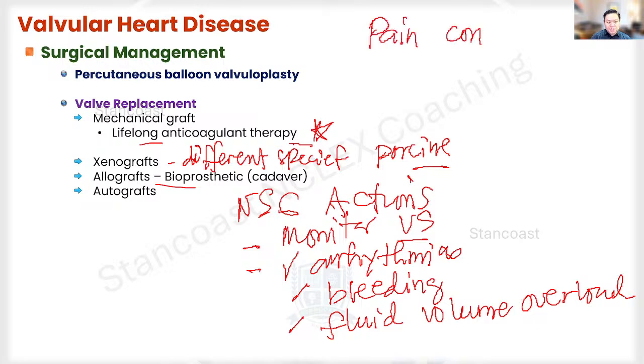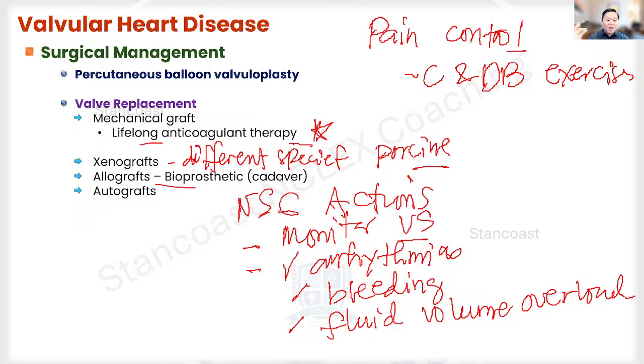Pain control is important. Why? If their pain is not controlled, then they're not going to be able to participate in the coughing and deep breathing exercises. So we want to make sure that their pain level is controlled so they can do the coughing and deep breathing exercise, and also use the incentive spirometer. Post-op complications can really set in even during the first 24-hour period. They can develop hypostatic pneumonia, so we don't want that. So make sure we are giving them enough pain control so that they can do the cough and deep breathing exercises. Another is to